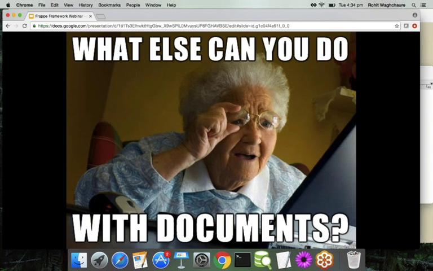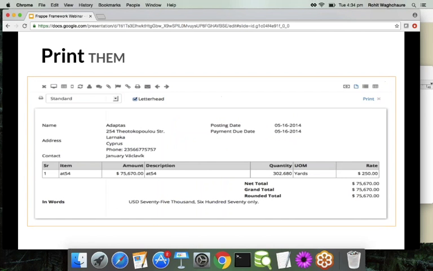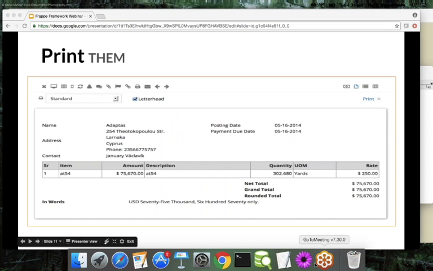What else? So we have an email functionality. If you open any document and you want to send email, you can easily email with the email functionality, which is inbuilt in the Frappe framework. You don't need to configure, I mean, you don't need to write separate code to make this email functionality. It is by default available in the framework. Also, if you just open any document, you can take a print of that. So the print document is